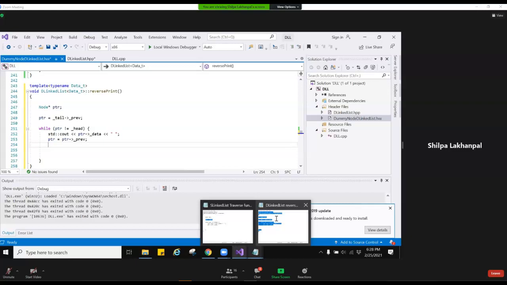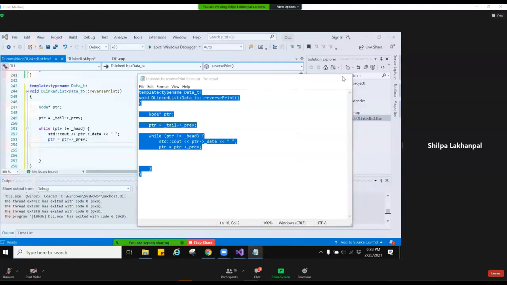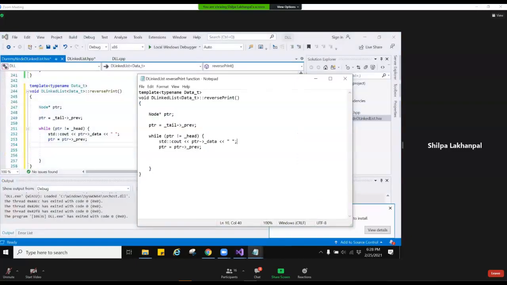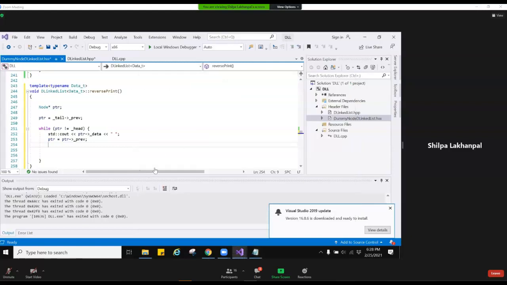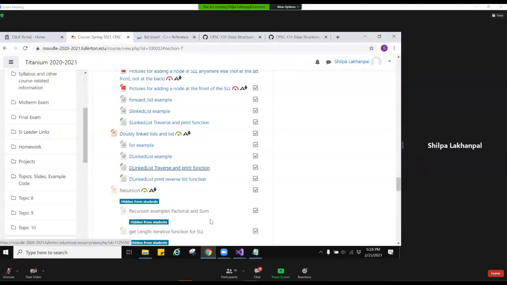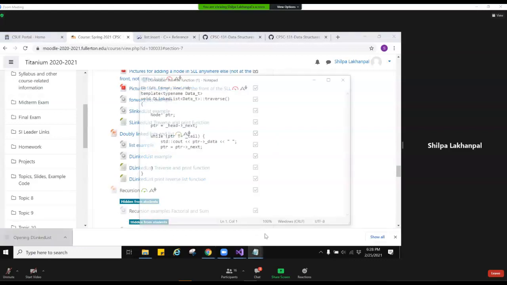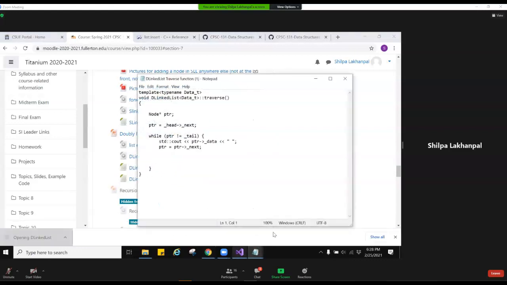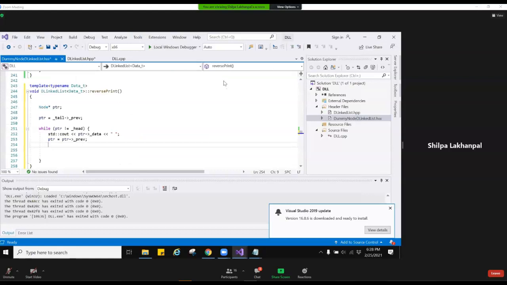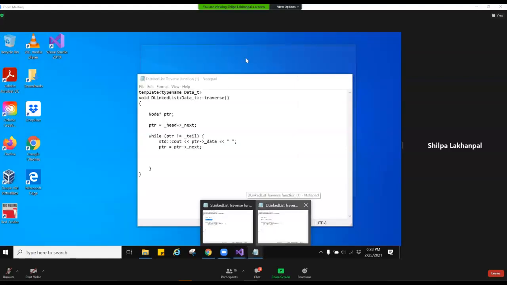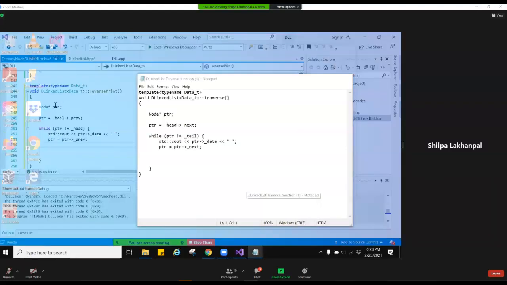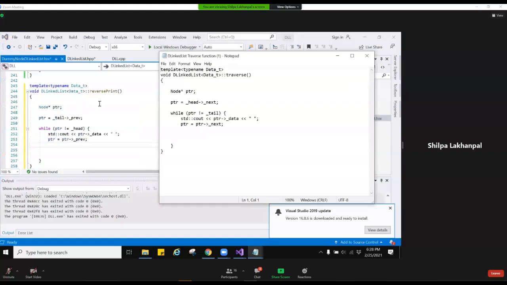Compare that to the forward traversal, just the regular traversal that we were doing. Let me open that function again. The regular left to right traversal. And this is the reverse traversal. Same, we have created a temporary pointer, node start PTR.